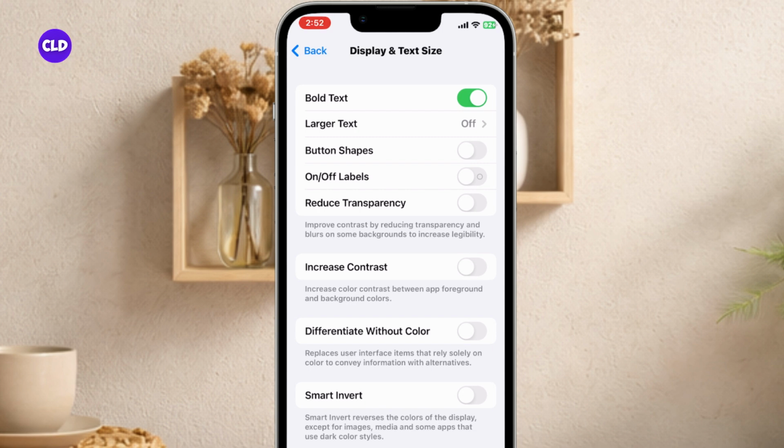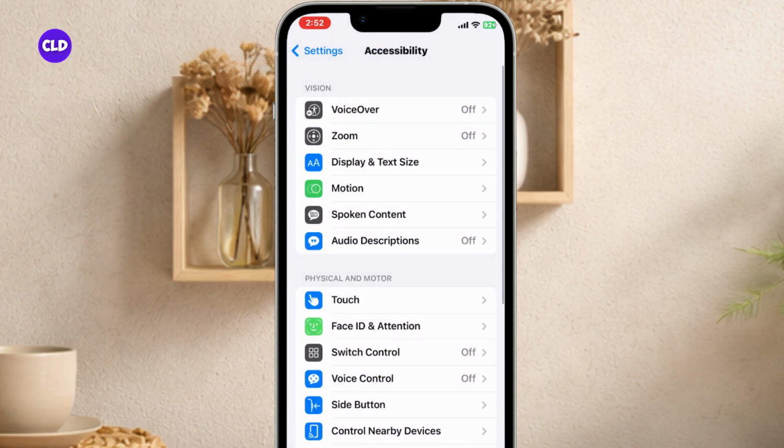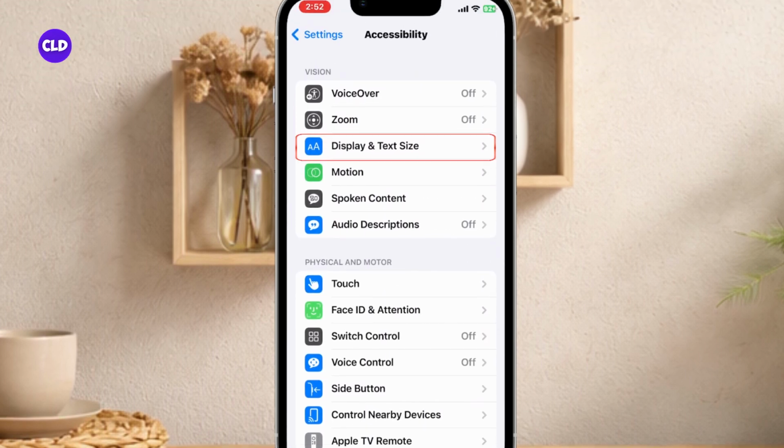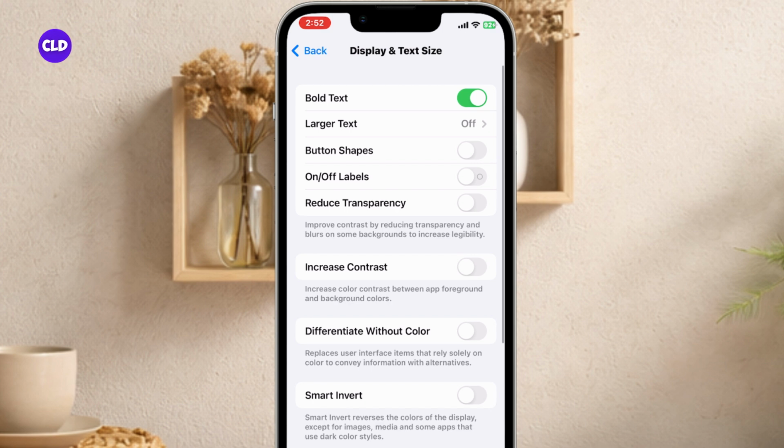For even more text customization, go back to Settings, then tap Accessibility. Select Display and Text Size. Here you'll find additional options, such as larger text, button shapes, increased contrast, and other accessibility features that can make